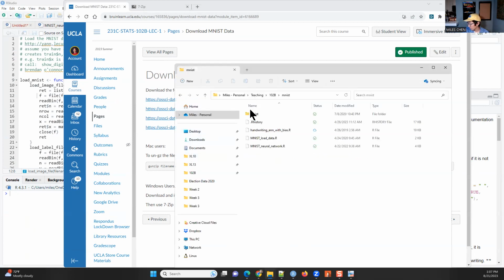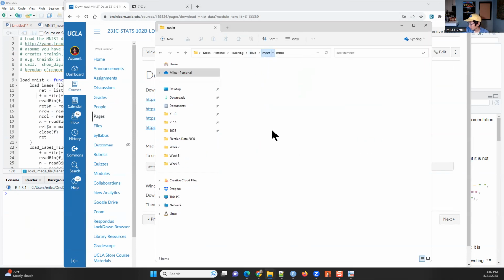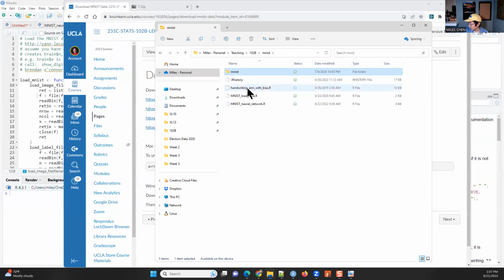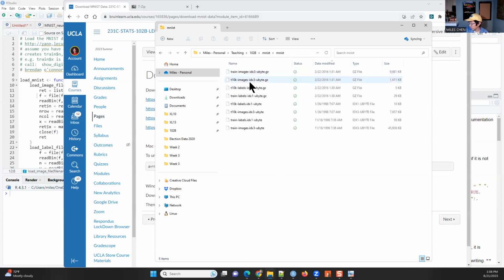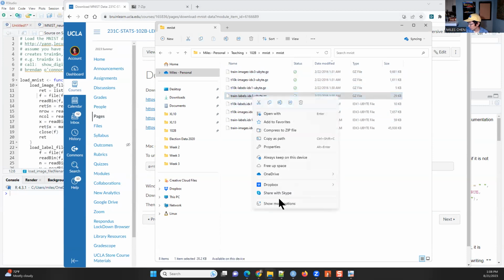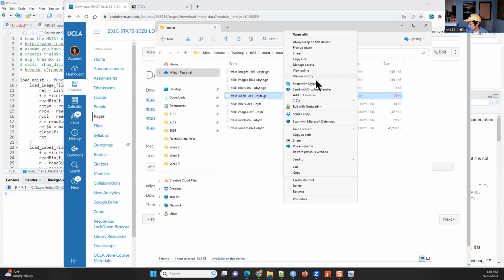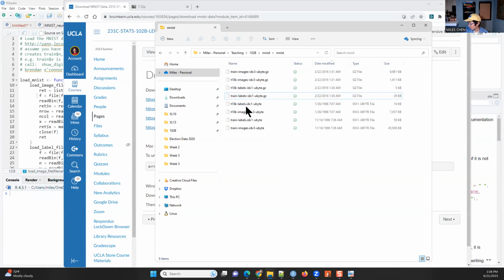Okay, so I've downloaded these, and so the 4 files are inside. So here I've got my script downloaded, and inside this same folder I have another folder called MNIST, and so these are the zipped GZ files. Okay, and then basically using 7-zip, I extracted them. Okay, so I extracted them, and so these are the IDX ubyte files. All right, and this is what we use for the